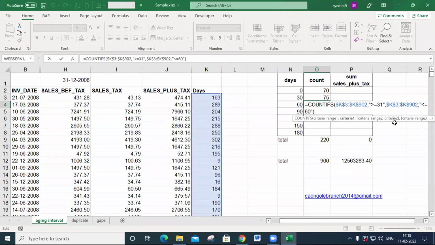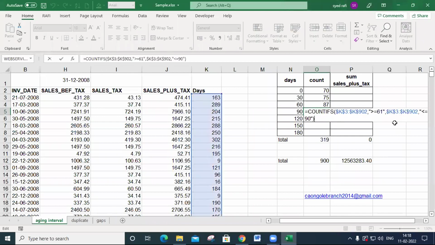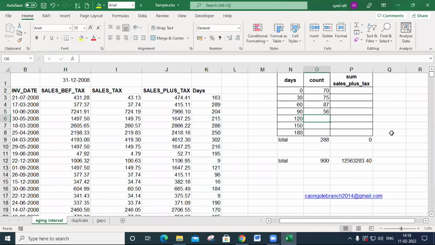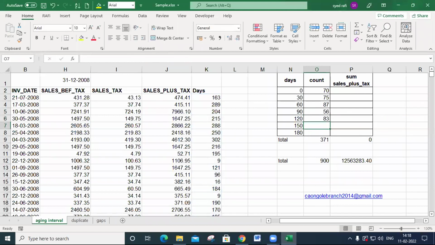Here you do one thing. Instead of 31, you may type 61. Instead of 60, you may type 90. And the same, press Ctrl D, press F2. Instead of 61, you may type 91, and 120 instead of 90. Enter. Ctrl D. Then 121, and here you may type 150.